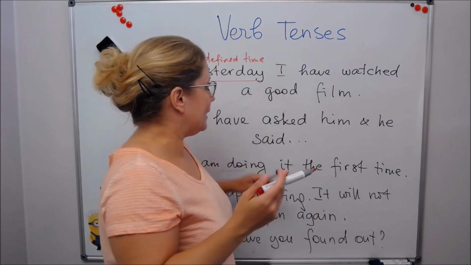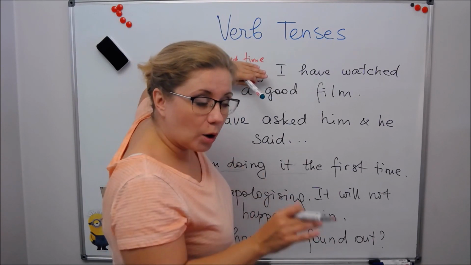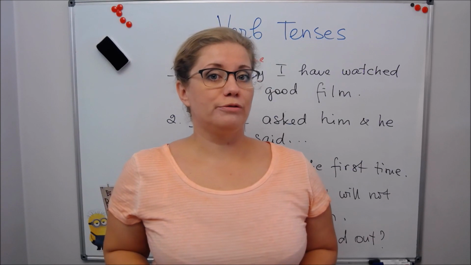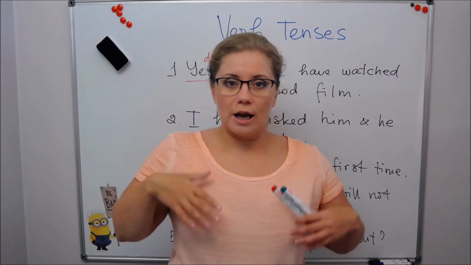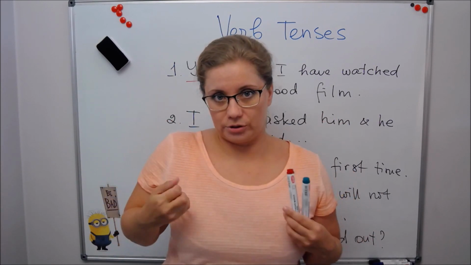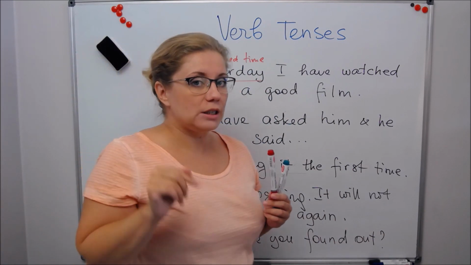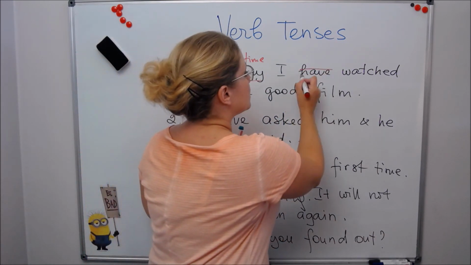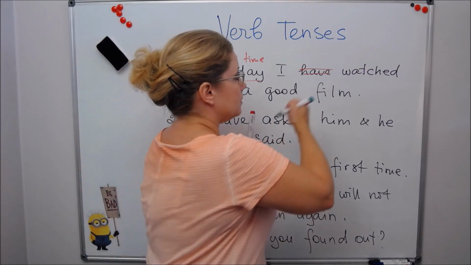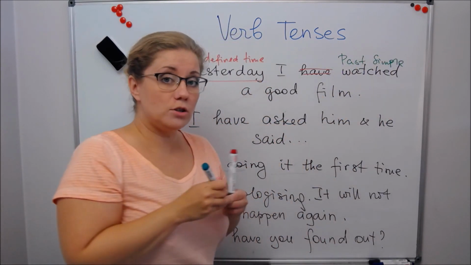Defined time. And in this case, the form with "have", the present perfect, doesn't describe actions in the defined time. You can say "I have watched a good film" without "yesterday", without defining the time, just, okay, look, I have watched a very good film, I will tell you about it. You are telling me about the completed action, about something relevant to the present without the date. But if you want to use "yesterday" at the beginning of the sentence, you erase that "have" and you just need a simple past, because this is what they do, okay?